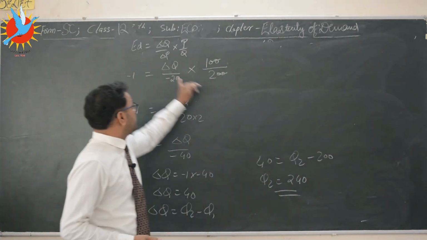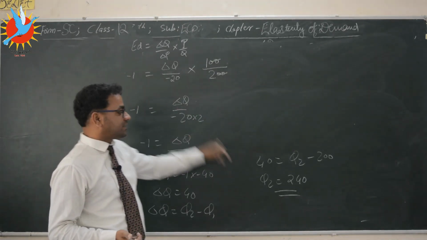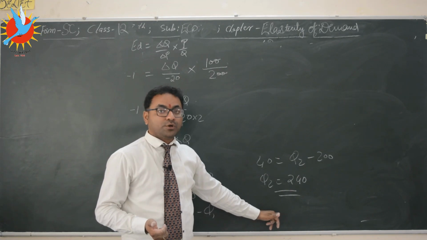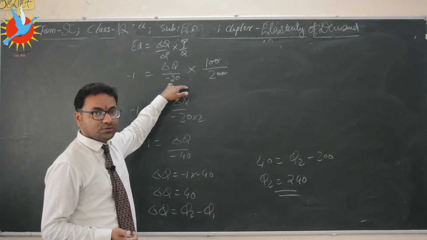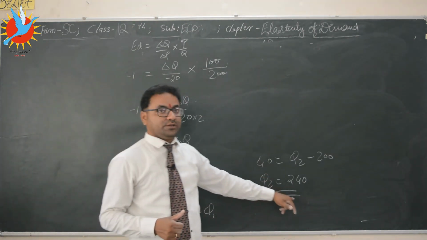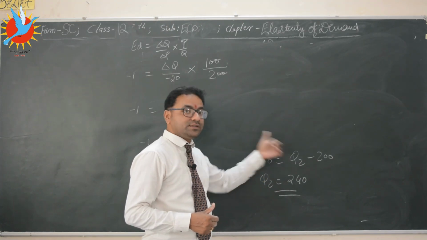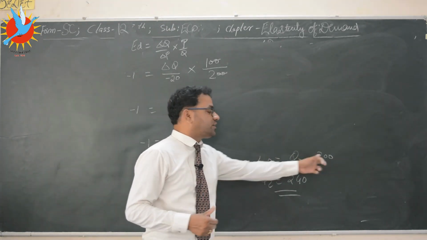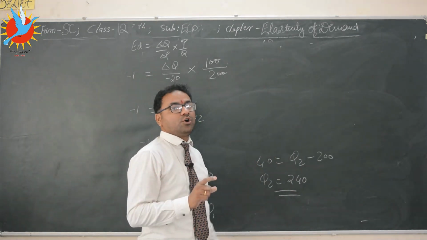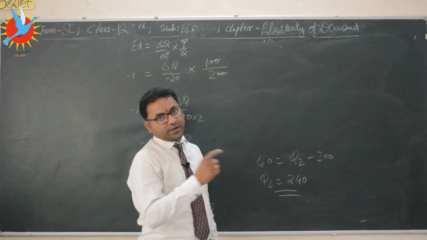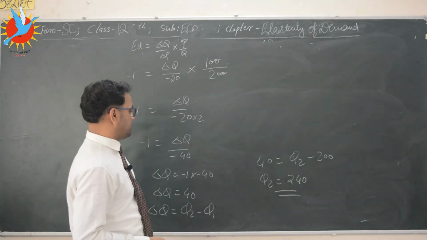See, if you have ignored this negative sign, then also we can get the same answer, because as we have seen in the question that price has decreased, so new quantity must increase. So whatever your delta Q is, 40, means to increase the new quantity we will add this 40 to the 200 initial quantity. But we have to follow the law of demand. When price decreases, quantity demanded increases.